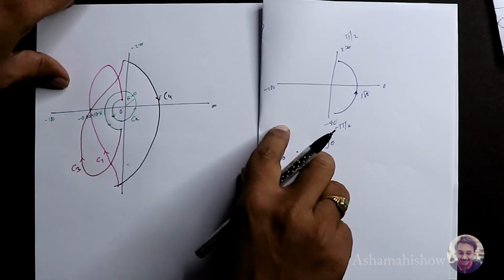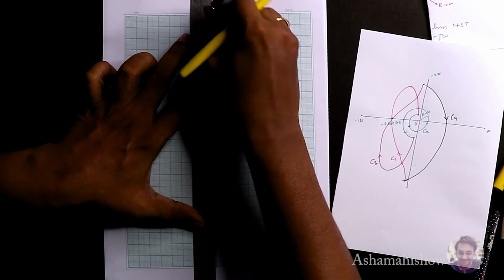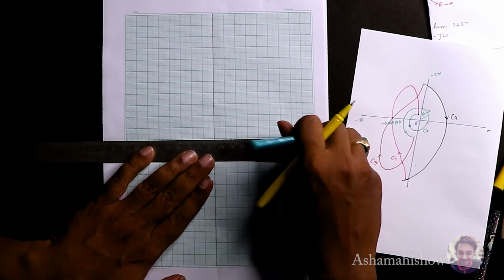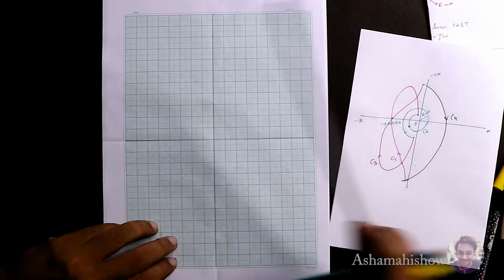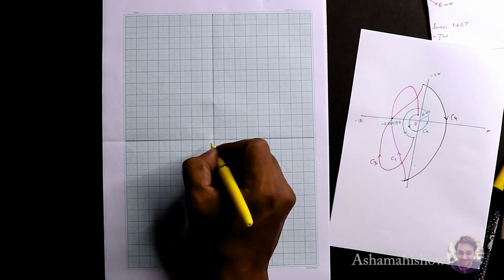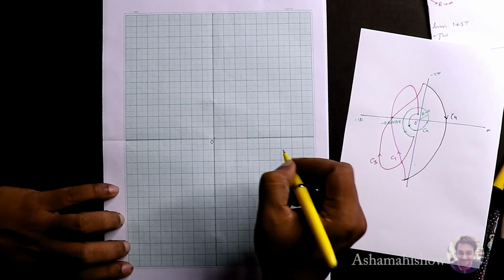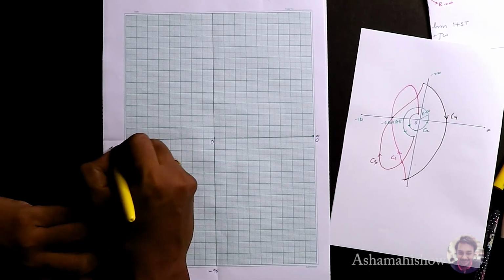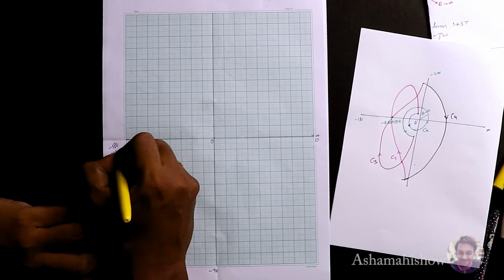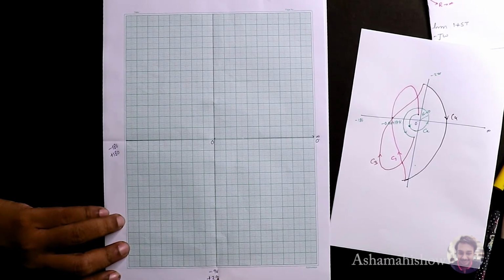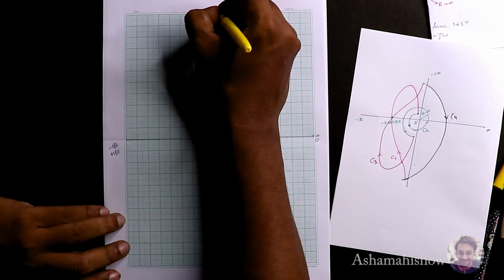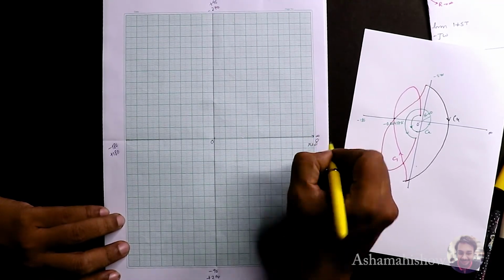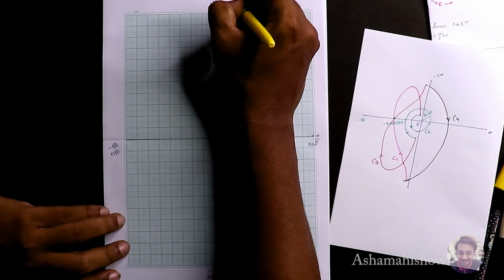Okay, I'll show you. Take your graph paper, divide this into exactly 4 quadrants as we have done in the polar plot. Exactly the same thing what we have to do here. Okay, and make your markings. It is origin, this is infinity and 0 degrees, this is minus 90, minus 180 and plus 180, this minus 90 and plus 270, and this is minus 270 and plus 90. Okay, and this was your real part and this is your imaginary part.